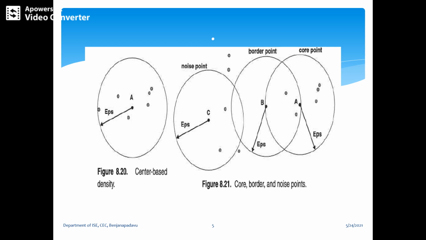This is how points are classified according to the center-based approach. In the interior dense region, we call it a core point. On the edge of the dense region, we call it a border point. The last one, in a sparsely occupied region, we call a noise or background point. This is the original image, which has all three classifications of points according to the center radius EPS.